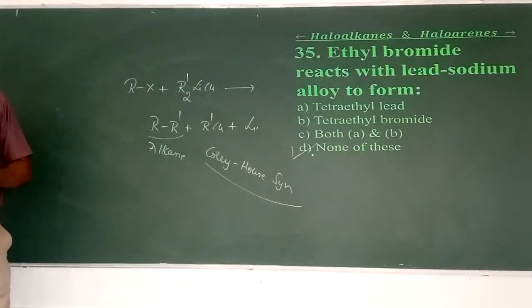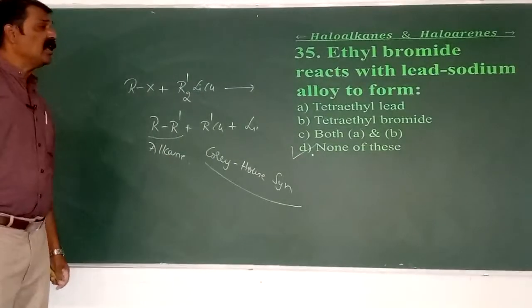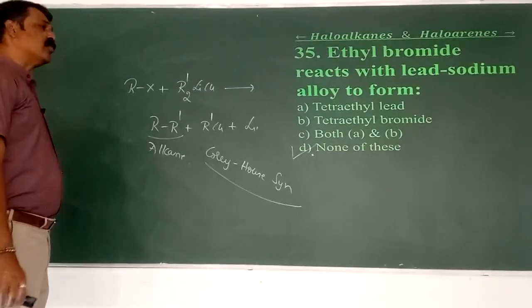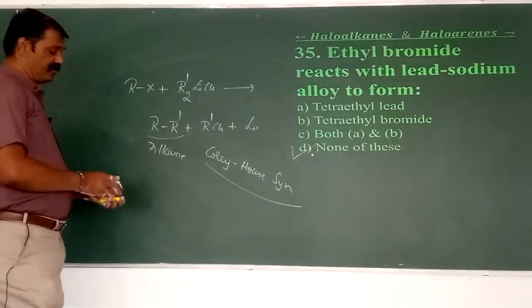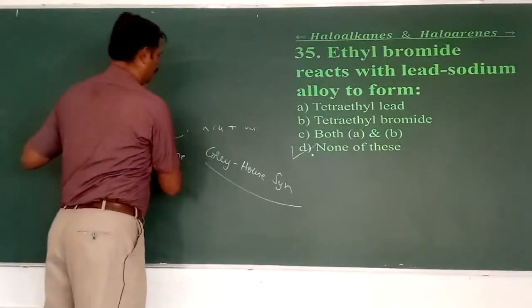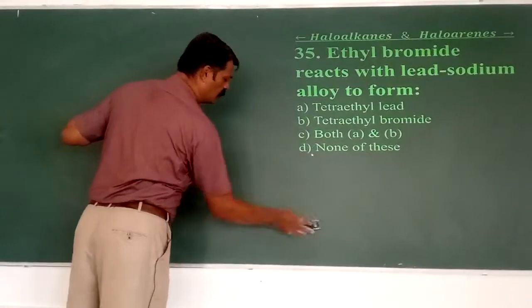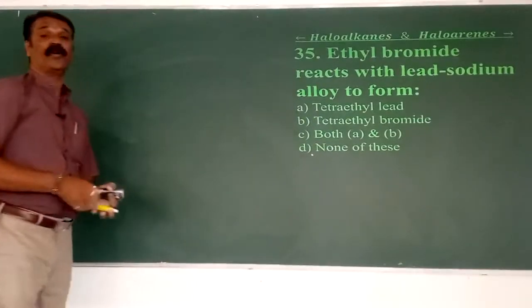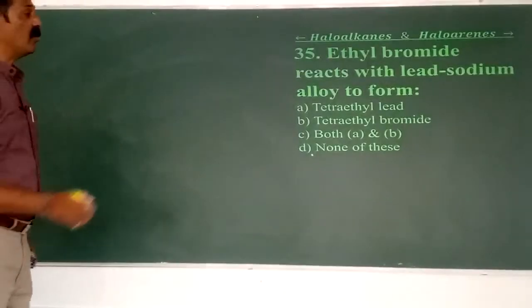Let's have the 35 here. Ethyl bromide reacts with a lead sodium alloy, or sodium lead alloy, to form what? The best reagent to reduce the noise of a vehicle by addition to petrol. That is